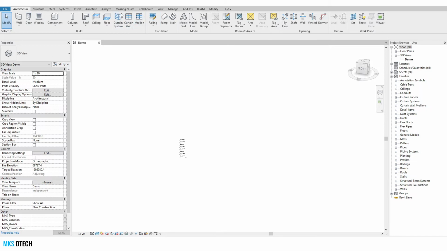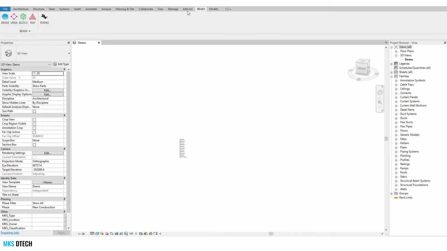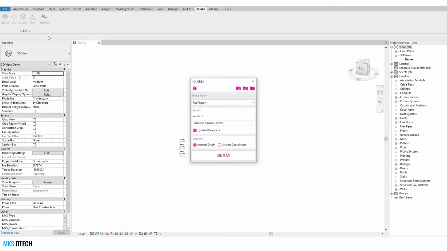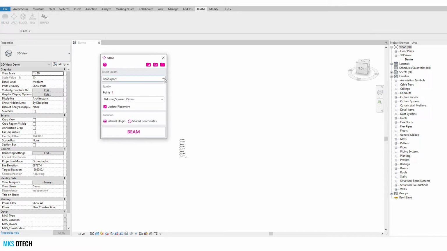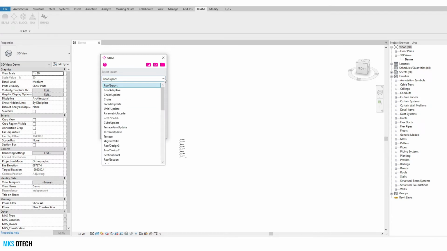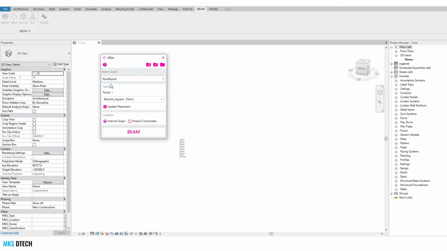Now here in Revit, as you can see, BEAM is visible in our top ribbon. And then we're going to use the Ursa tool that is basically related to an adaptive component that has 4 points. As you can see, if we select the drop-down menu, the latest file that we exported from Rhino is always placed at the top in chronological order. Then here under Family, always make sure you select your adaptive family, and you can also read the number of insert points, and then by beaming it,